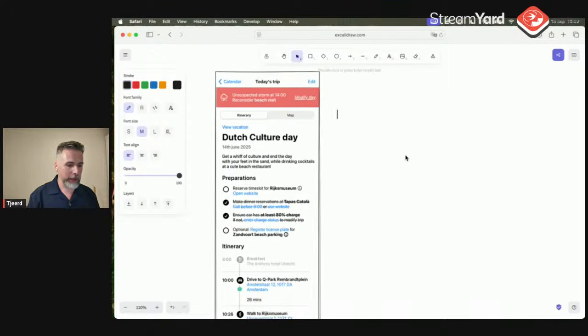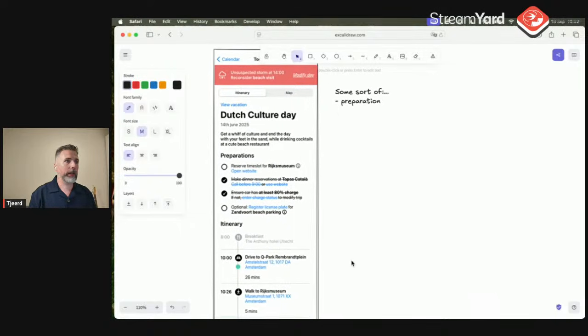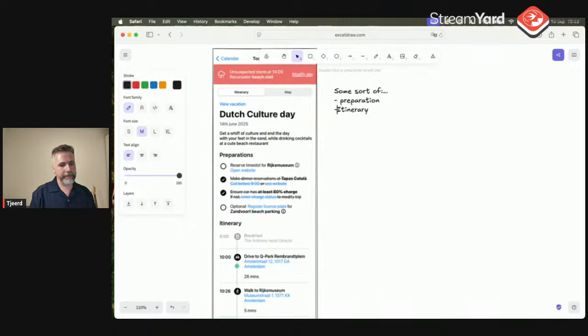But to go back to the design, I would first think about the vague terms: what do we need? Well, I see we have some sort of preparation. We have some sort of itinerary, and I would really try to uncover the secondary and the non-functional requirements here.